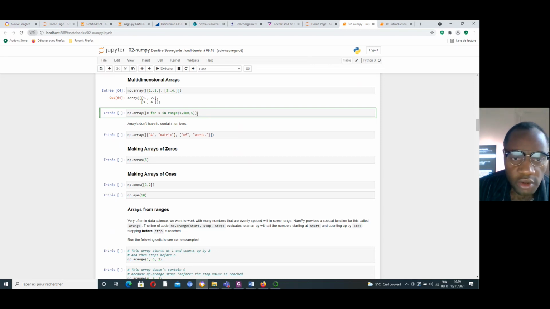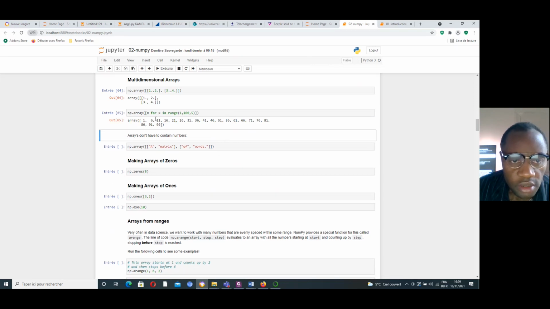Yes. Okay, let's run it. Here, the first is 1, the second is this one plus this one, because here is the start point, here is the end point, and here is the step. Anytime I add just 5 to the previous number, up to the number near 100.